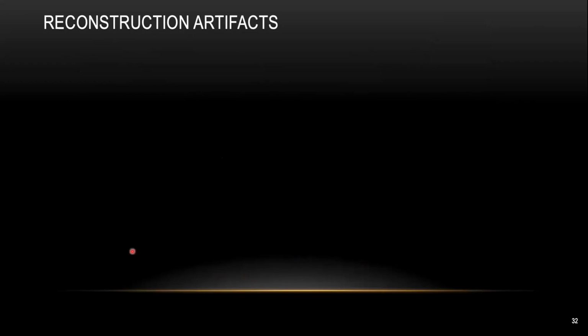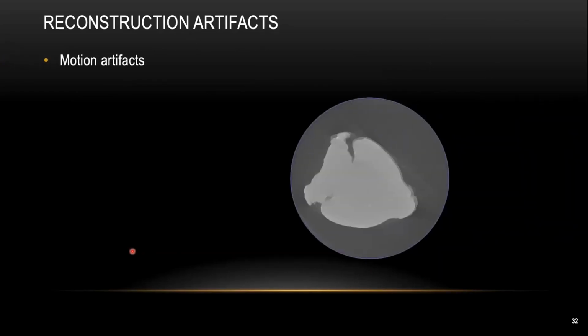So I'm going to show you a couple of reconstruction artifacts that mostly happen to some of our users. Some of these artifacts might be dedicated to the micro CT machine, but some artifacts can also show up in your synchrotron or medical CT data. The first artifact is the so-called motion artifact. By now, you already know during the scanning, we are going to rotate your sample 360 degrees. But you need to make sure your sample is stable on the stage, so you need to secure your sample very nicely.